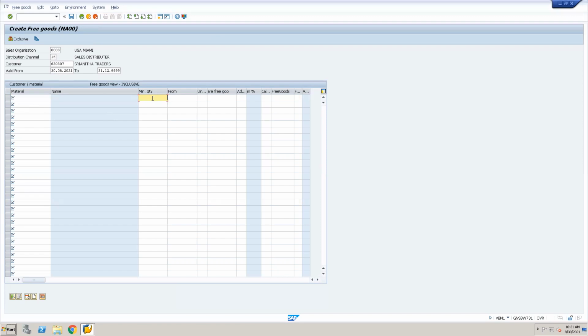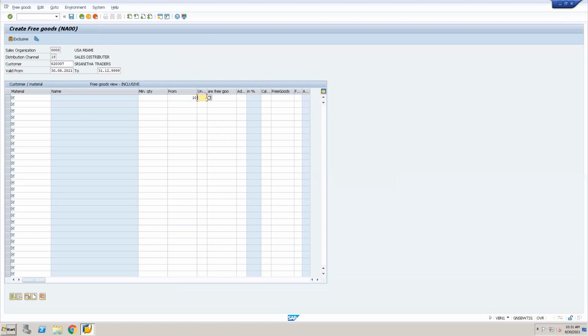The minimum quantity you have to procure is 10 packets, and that is the quantity from which the offer will start. If he has procured one or two, the offer will not be valid. The offer will be valid from 10 packets only, and you have to mention that in the field From.